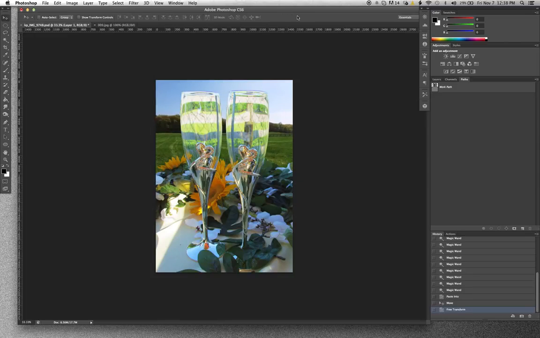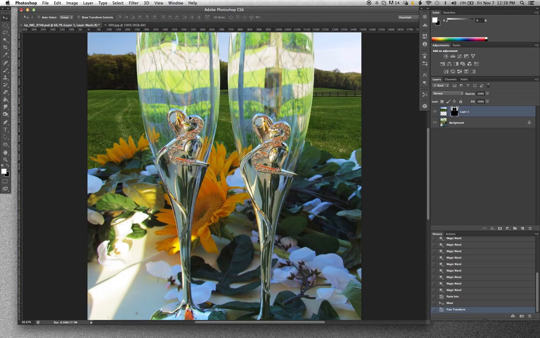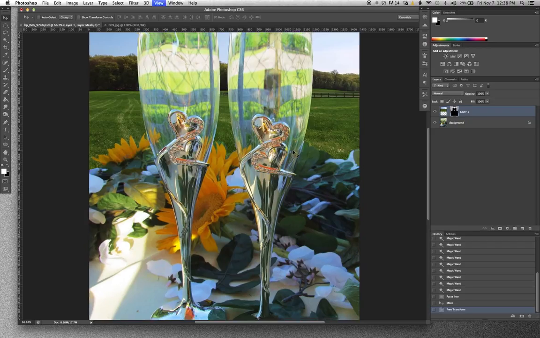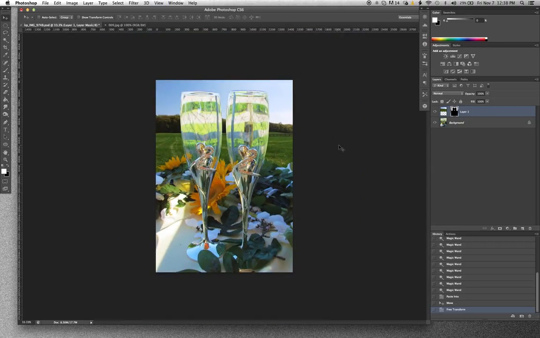Okay, so as you can see, we still have the old yard through these glasses. So really now, at first we're going to paint out some of it, but we have to leave some of it because, as you see, if you zoom in, glasses have little reflections from the table and from the flowers below. So we're going to get rid of some of those, and then we're going to repaint some of those back in. So I'm going to go to the mask layer. I'm going to grab a brush,